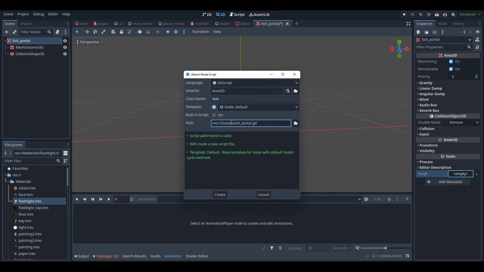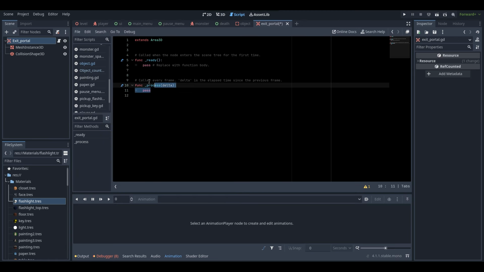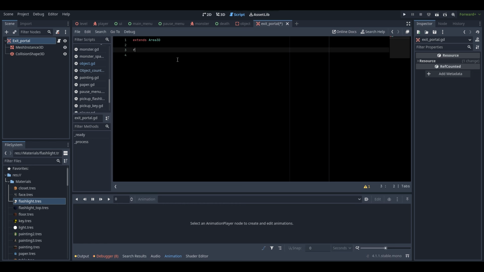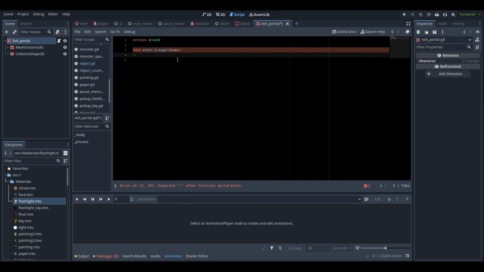and I'm just going to call it exit portal, the script name, and I'm going to save it into my scripts folder. Go create. So now we are going to create a new function. I'm going to go func enter trigger body, and the reason why we're doing body is because this will be the body of the player. So we're going to go indent if